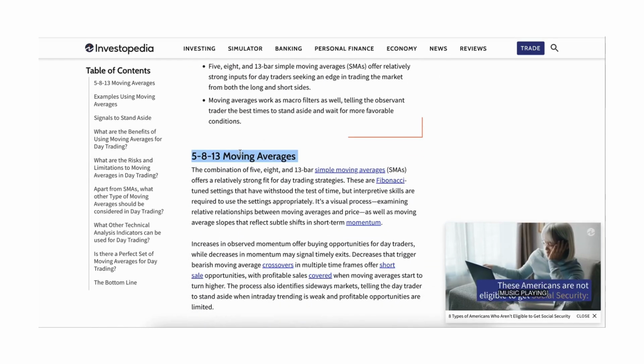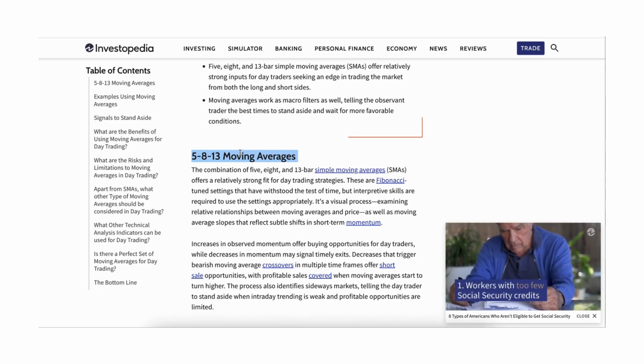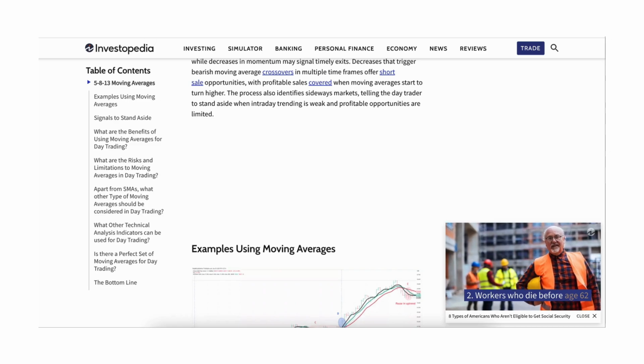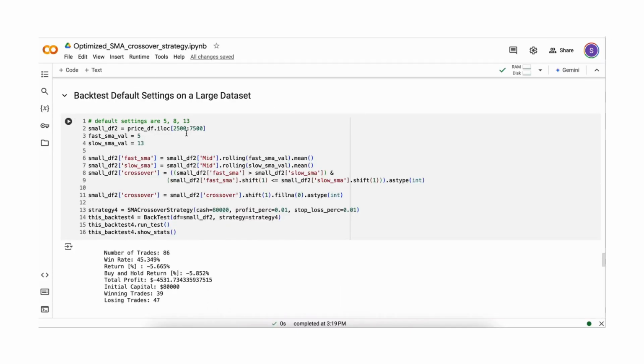These are the numbers you would get: 5, 8, and 13. And many of you will plug this into your software and use this for trading. But what I want to tell you today, and this is the main message that you want to take away from this video, is that maybe you should not do that. You should test these numbers in Python for your own financial instrument and for the regime that you are trading in. Sometimes you are trading in a more volatile regime, sometimes in a calmer regime, which will